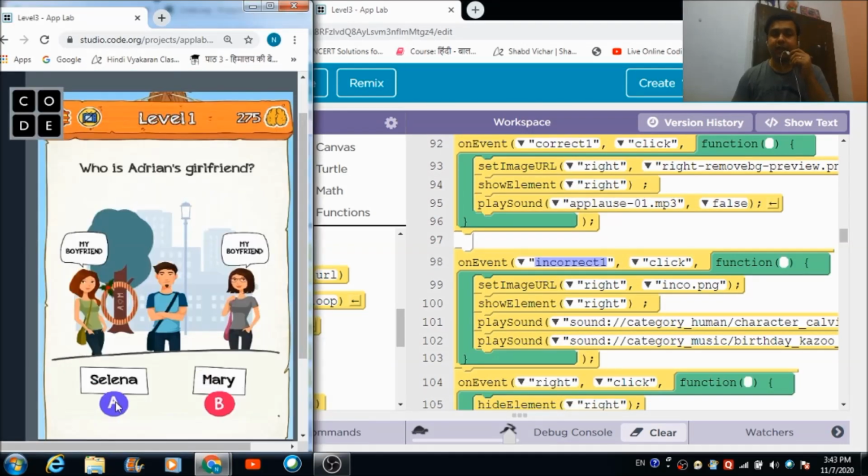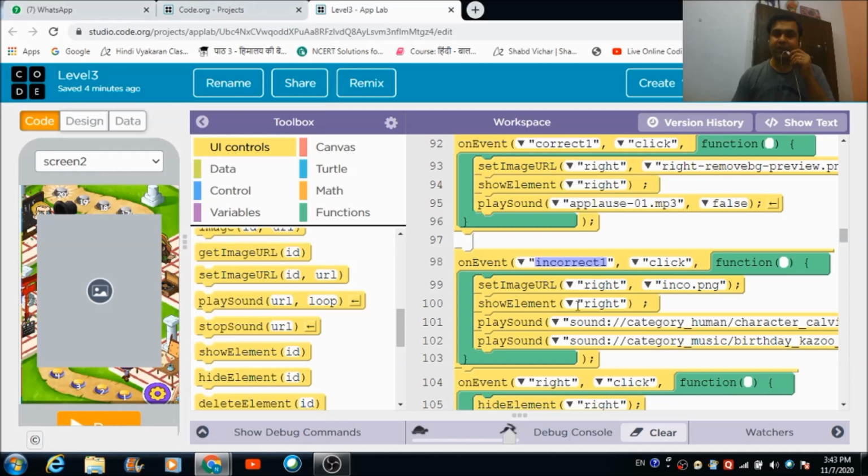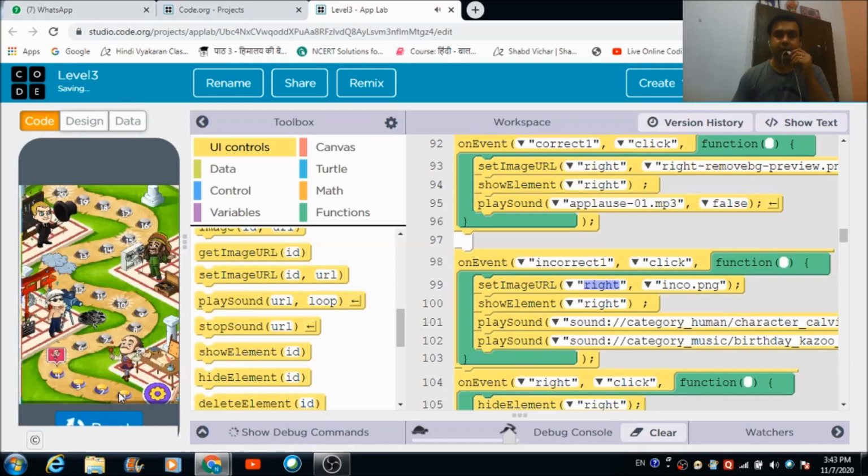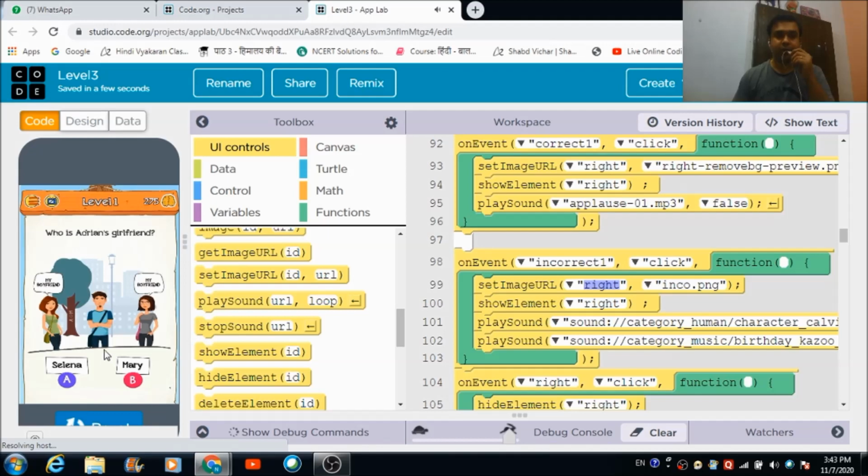A cross is going to become visible to the user. So this is the name of the image that is going to be visible to the user when he hits that incorrect option. Let me just show it to you.